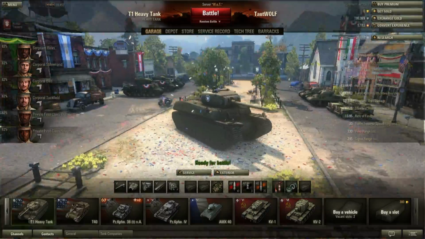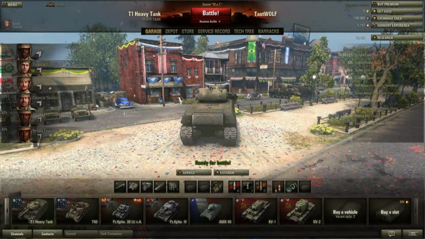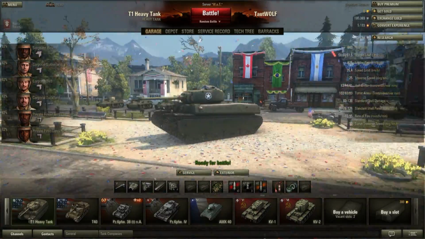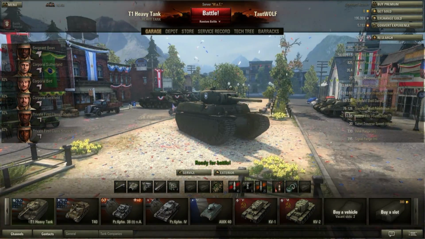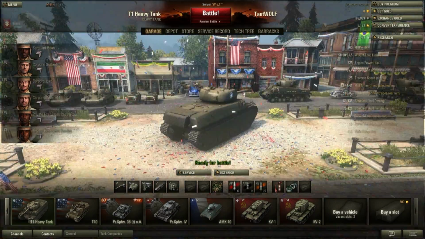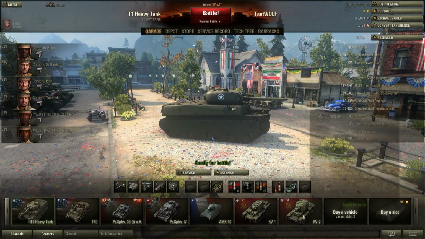Hey guys, today we're going to be checking out a game called World of Tanks. I used to play this game a while ago, and it looks like they've updated it quite a bit. We used to be in a hangar right here instead of being in the middle of a town. But what I find funny about this is if you notice the American flags, and it looks like these are Allied flags. But if I select a Russian tank,